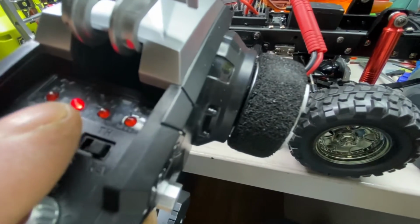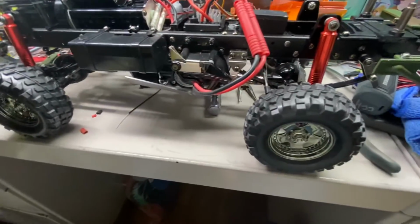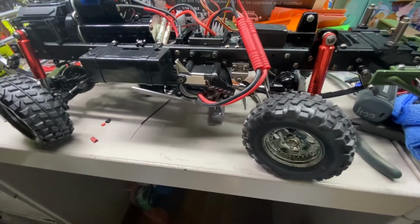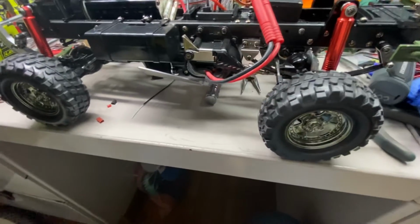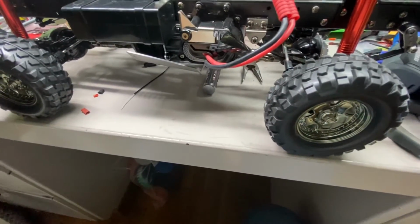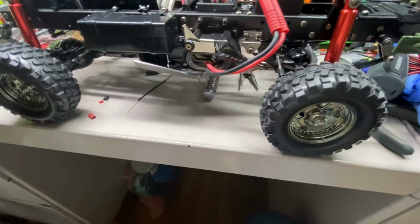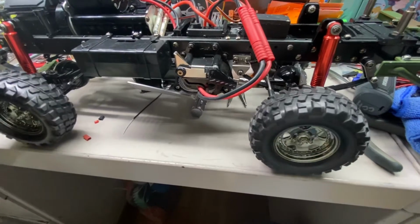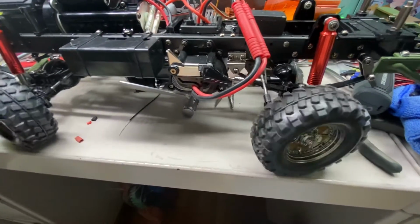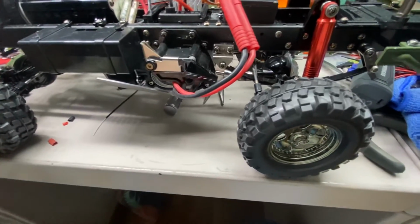But anyway, your crab crawl is not going to be in the right position. It still works okay, though. So there's your crab crawl, and then this one should be your crab crawl, but it's the one for tight turns. But anyway, it works pretty good, I think. And then you have just your rear steer,